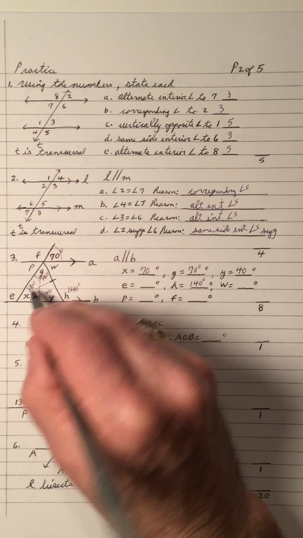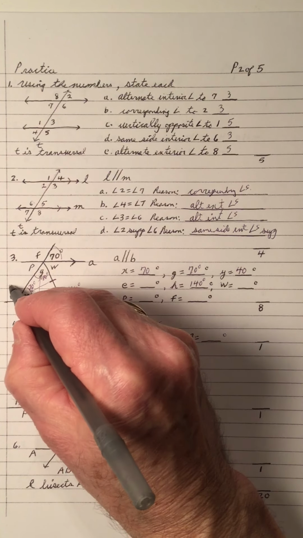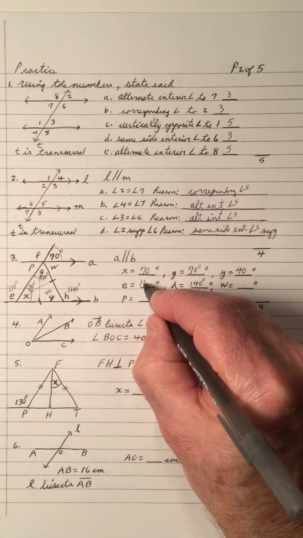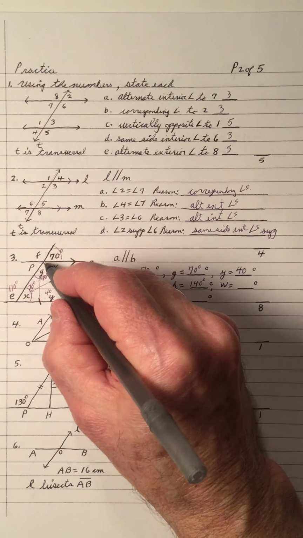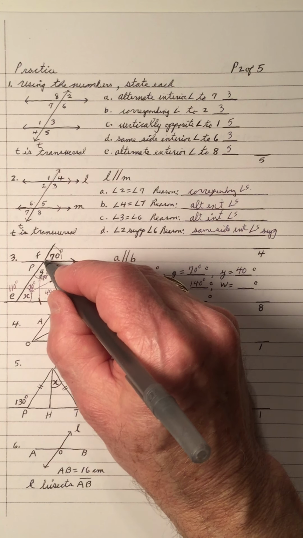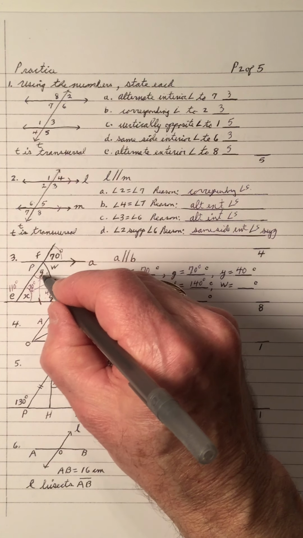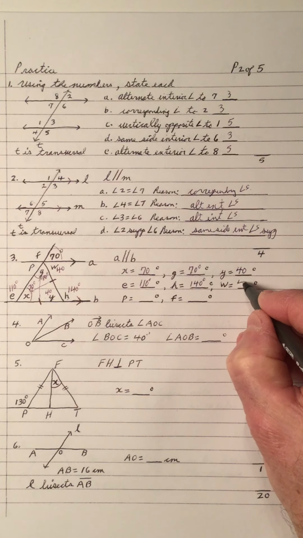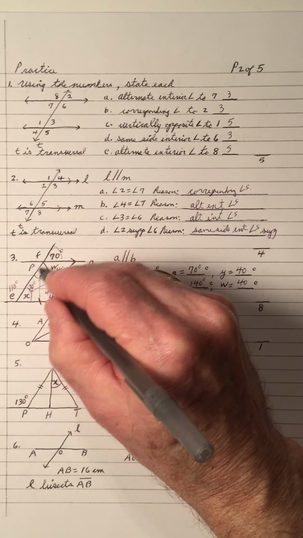And if X is 70, then that's 110 because that's a straight angle. So E is 110. And we have a 70 and a 70. Let's look here. 70 and 70. That makes 140. So that angle there, W, is 40 because it's a straight angle, and a straight angle adds